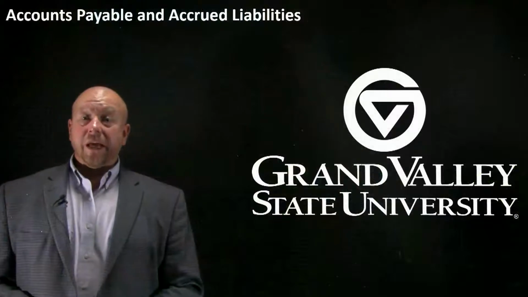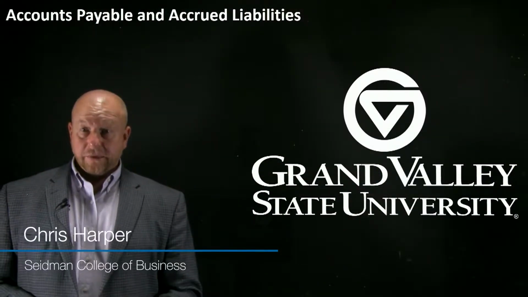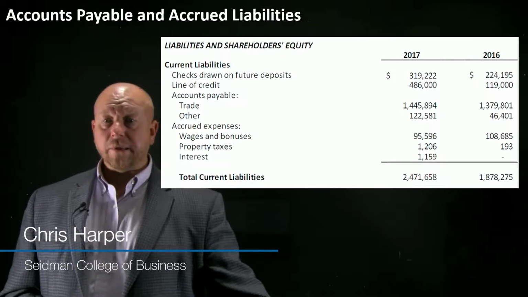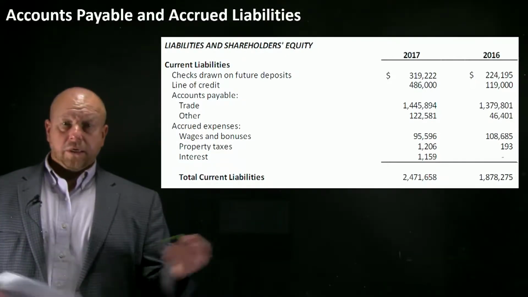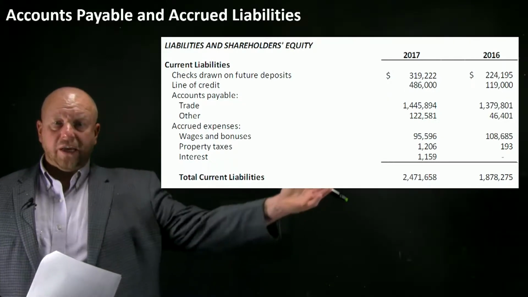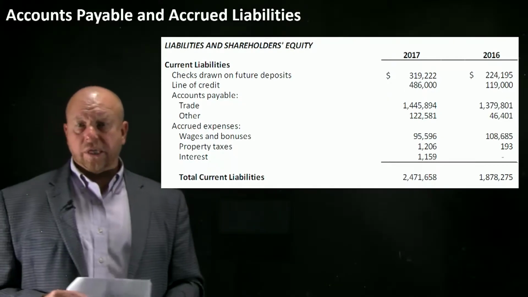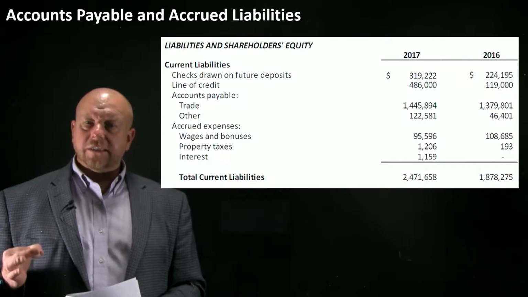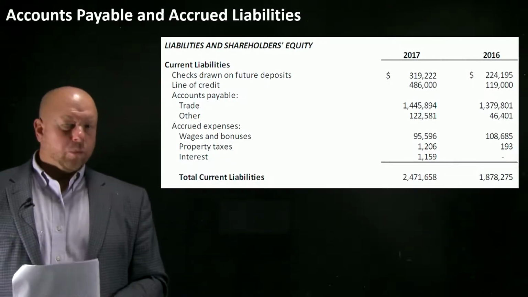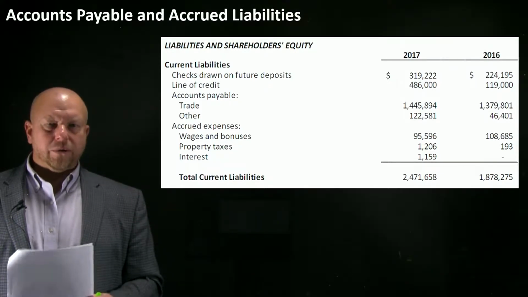Let's spend a little bit of time talking about current liabilities. Now, I have an excerpt here from a company, and this is not a publicly traded company. It's a family-owned business, but still large enough to have $2.5 million in current liabilities. And I selected this financial statement excerpt on purpose because it has one current liability that we don't often see